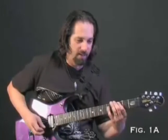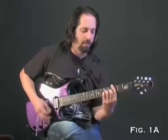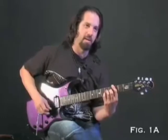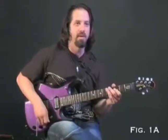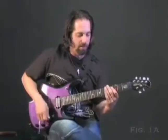Playing a C, instead of doing it that way, I'll add the 9 on top and play the 5th below. So whenever I go to that chord, I have the whole thing. In Metropolis, there's